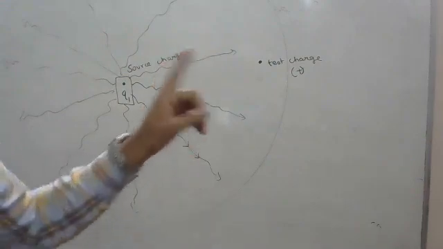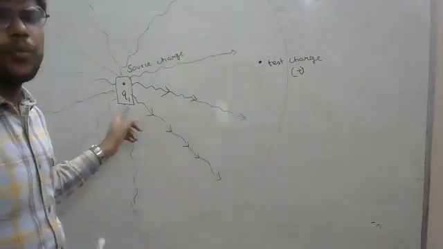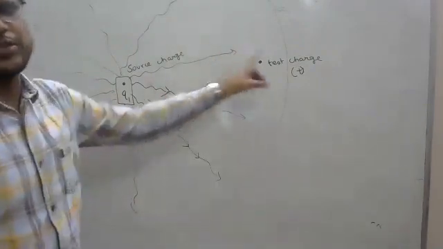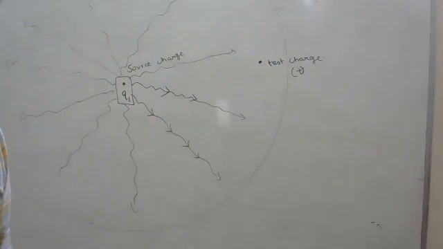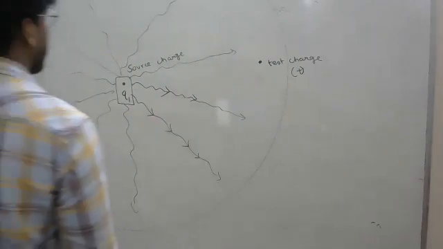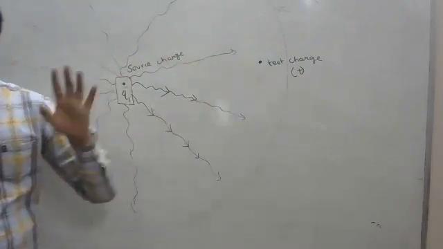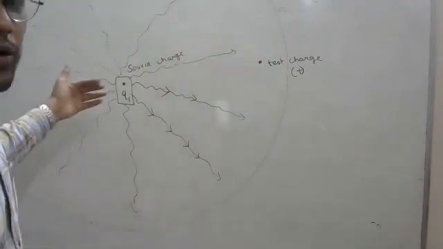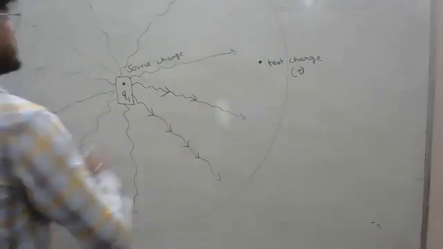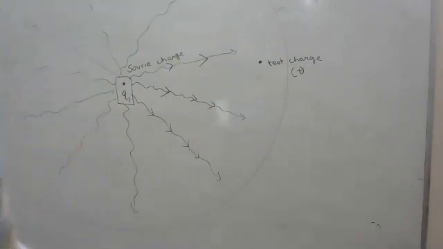It is so small that the force from this charge will be negligible. इस charge की वजह से इसके ऊपर कोई impact नहीं होगा, but इस charge की वजह से इस पे impact होगा. The test charge is very, very small. It may not create any impact on Q1. Okay. Now, as test charge is always considered positive, when I consider a positive charge here, it will be repulsive. It will be trying to push it outwards. Therefore, in case of positive charge, electric field is always considered outwards. Electric field from a positive charge is always considered outwards.